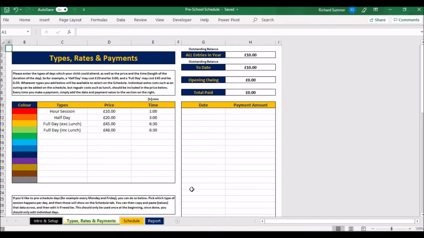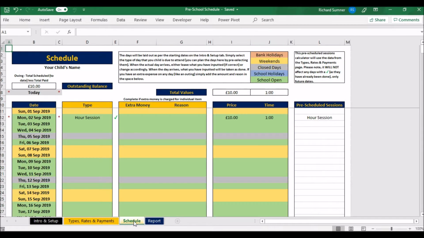So these ones you put in as you go along. But now what you do is you want to schedule what's going on. As you can see, it's already the 2nd of September 2019 on today's date. So I've put in, we did an hour session, and it's a tick. That tick basically just says that we have already arrived at this date, so that's just confirmed that is